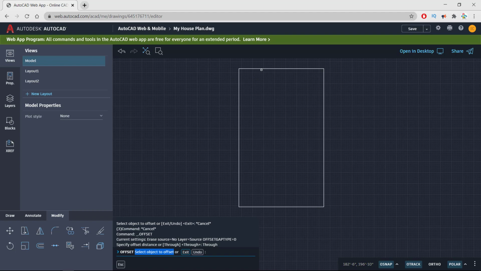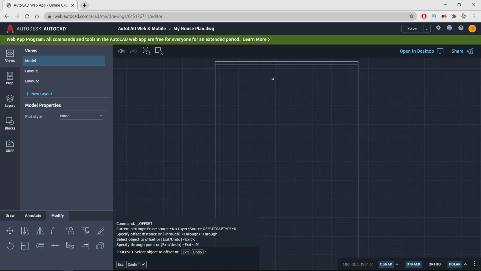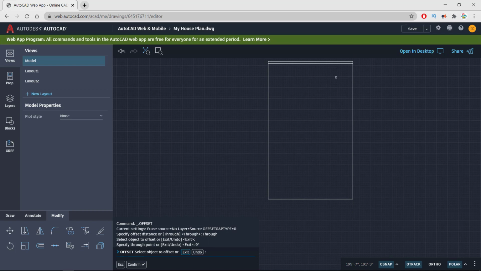So I am selecting the top wall, and I want to draw a line of just 9 inches. So I am putting 9 inches and pressing enter. It automatically draws a line of 9 inches.